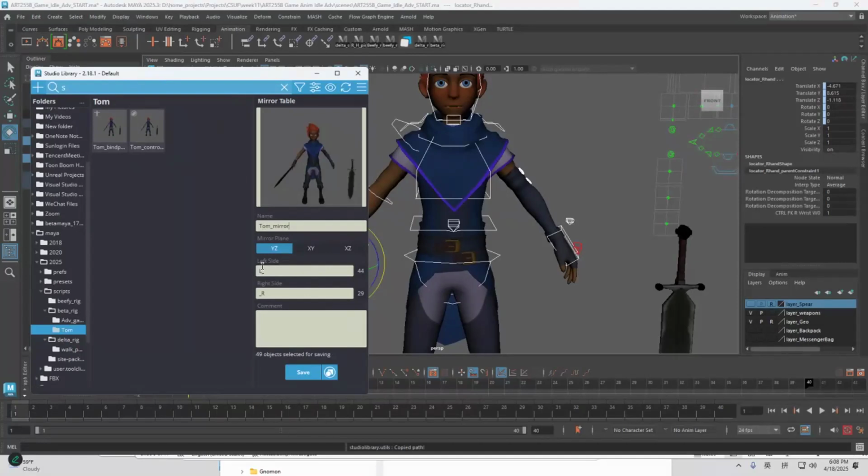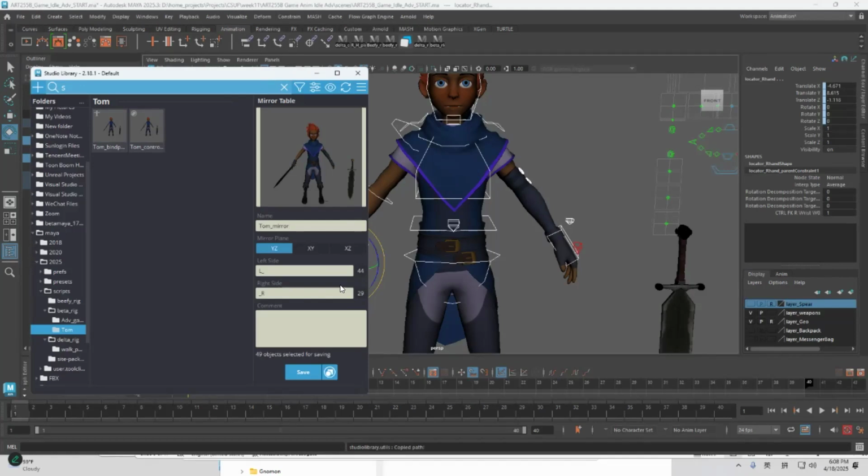An important thing to take note to see if your mirror pose is working is you want to see that on the left side there's a certain number of controllers selected, meaning there's a number here, and then on the right side there's a number selected here. So on this hand, there's 44 because there's locators. There are the rings on the FK arm, and then on the right side,